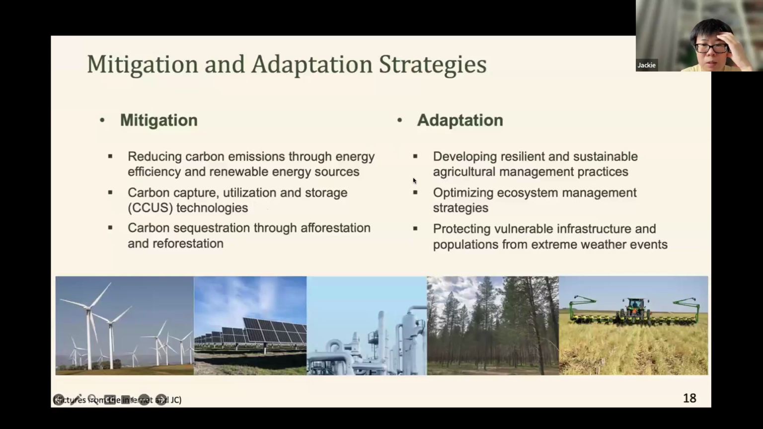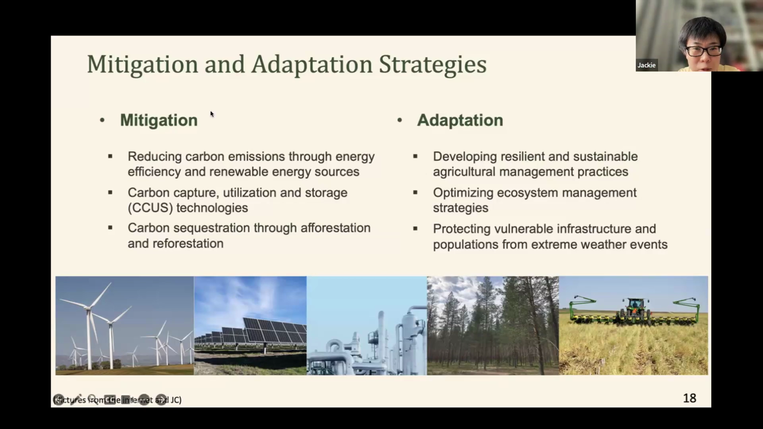tomorrow. And another group of strategy is adaptation, which is quite different from the mitigation strategy. For example, what does adaptation mean? It means, as an example, how we develop resilient and sustainable agricultural management practices that can help the crops maintain the crop yield, even though they are exposed to increasing temperature and altered precipitation patterns, and also help them to adapt to the changing growth